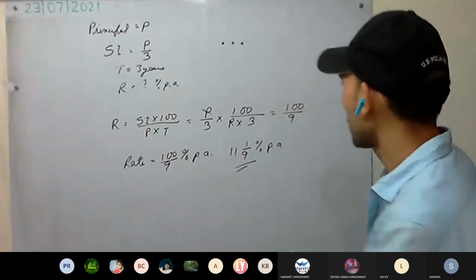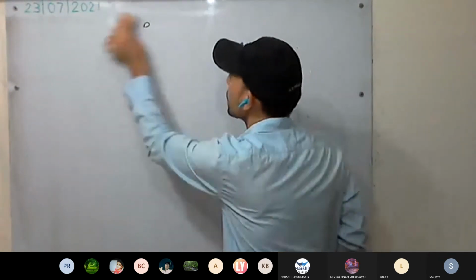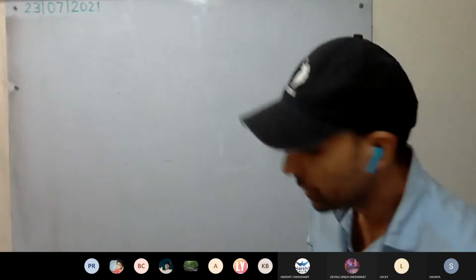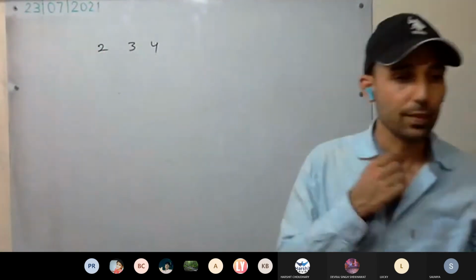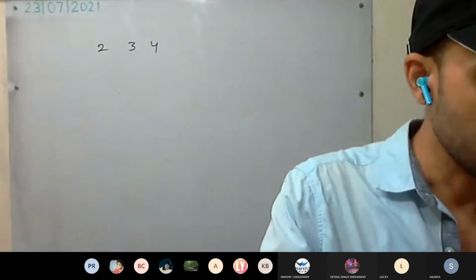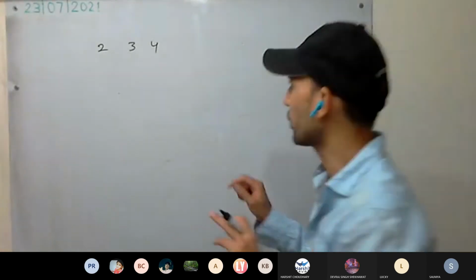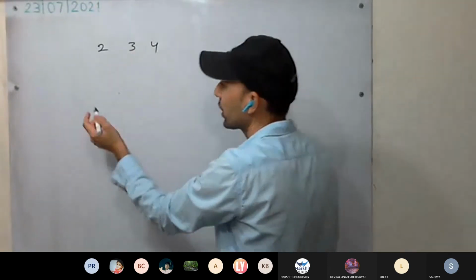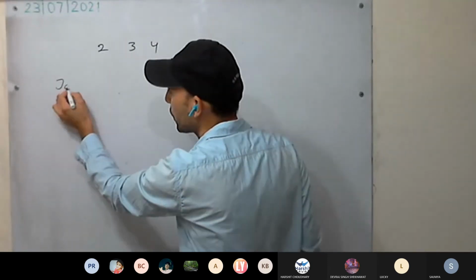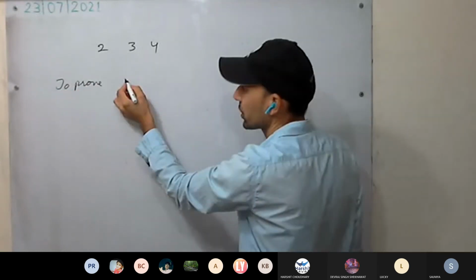Okay, so I'm taking different numbers. For example, you are having numbers 2, 3, 4. Those numbers you can verify over associative law. What do you mean by associative law? That is, we are going to form the association. So what you have to prove? To prove associative law of multiplication.